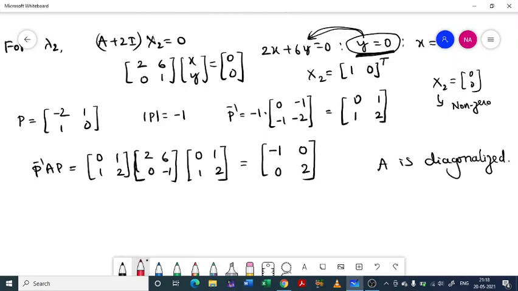So there is one exercise problem. Along with that there will be one more exercise problem. So solve this later: [1 1; 4 -2]. With this we are going to wind up our discussion on diagonalizable matrices. We need to discuss only the quadratic forms concept, which we shall discuss in our next class.